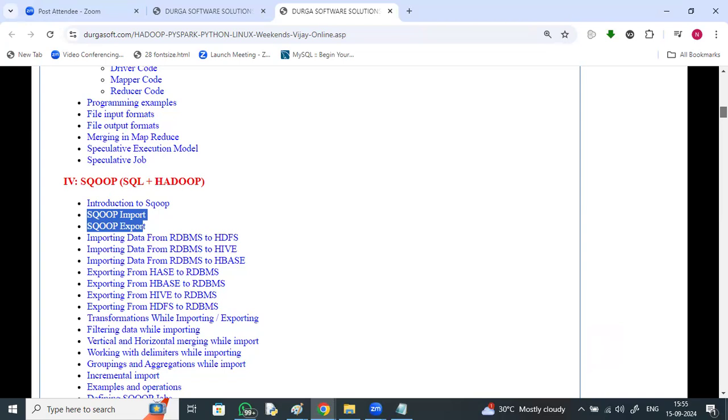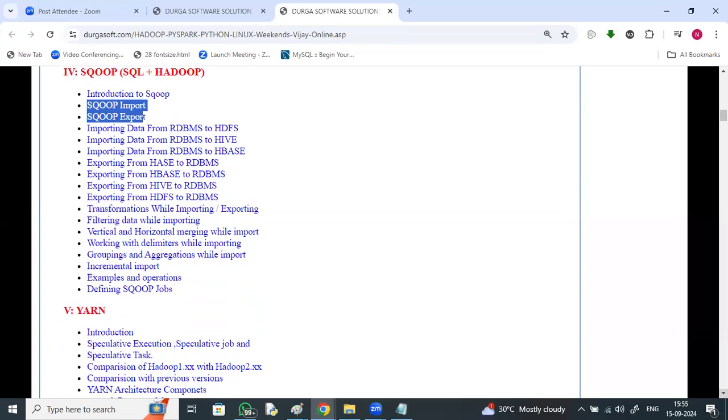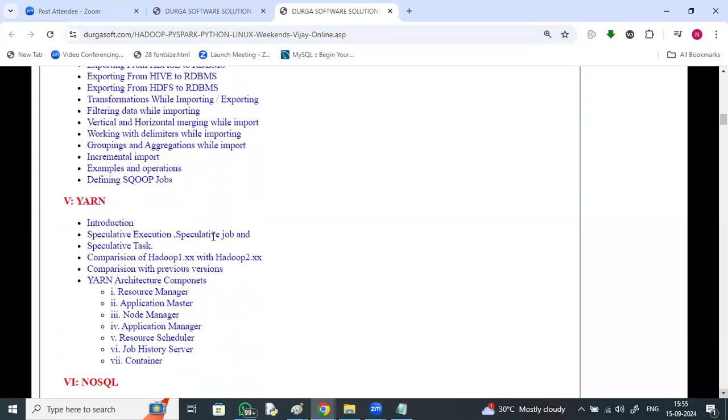Then writing Sqoop jobs, and YARN, Yet Another Resource Negotiator.